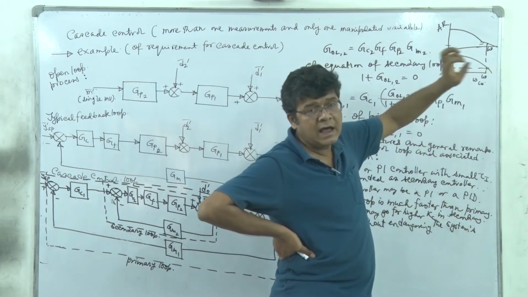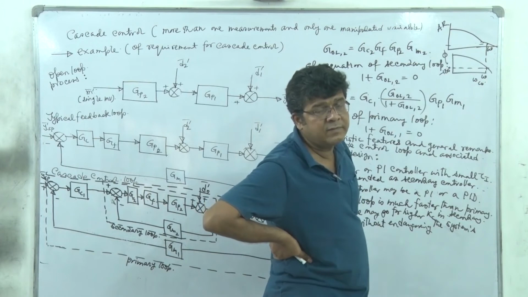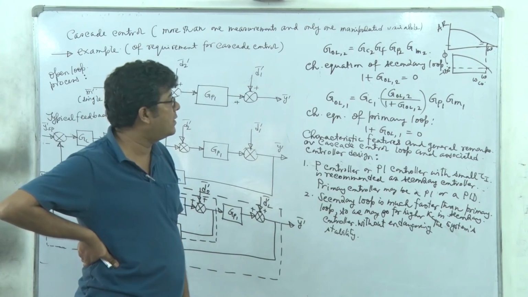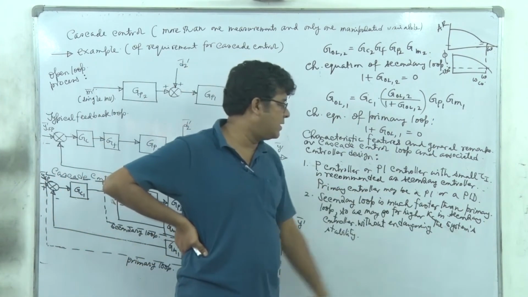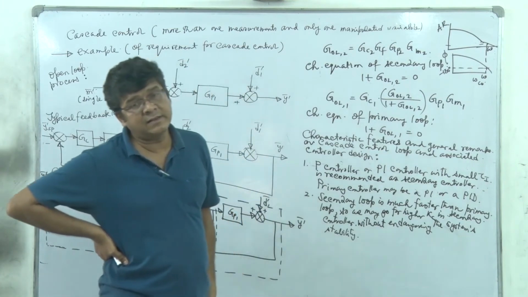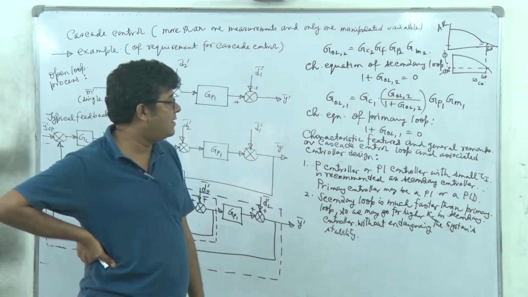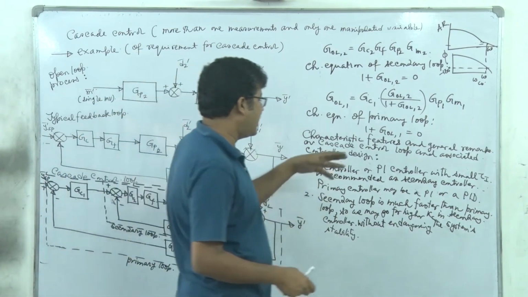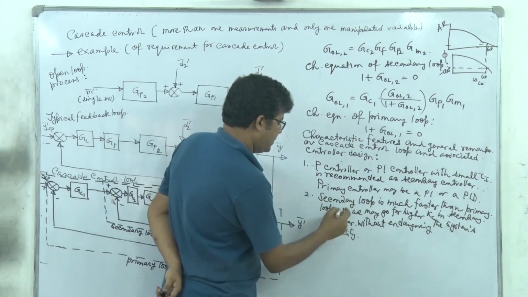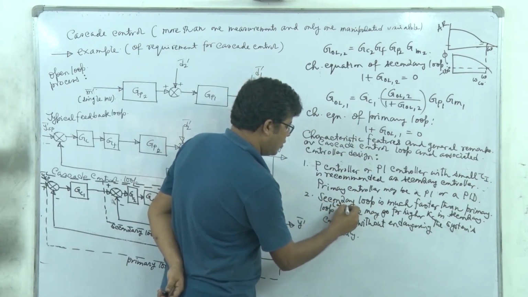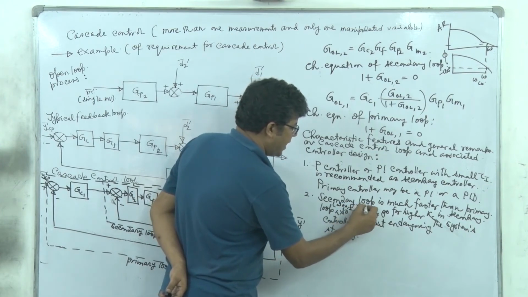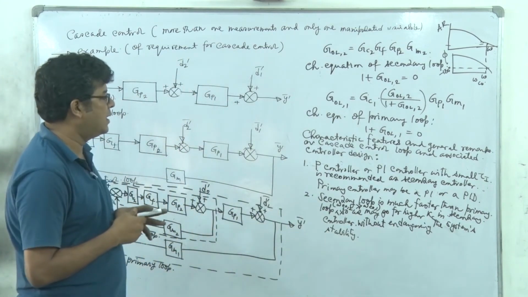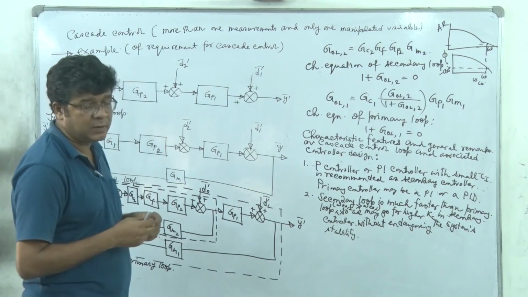So even if you go for a higher value of this Kc, still you are not endangering the stability of this entire loop. So this is the idea of this statement, that you can go for higher Kc as the secondary loop response is much faster and it has got a higher value of crossover frequency, right? Secondary loop is much faster than the primary loop. Here we can write that omega CO2 is much higher than omega CO1, right? So you may go for higher Kc in the secondary controller without endangering the system stability.